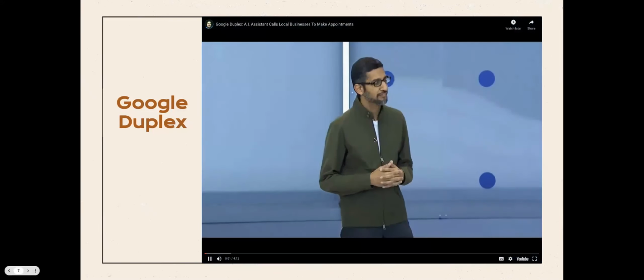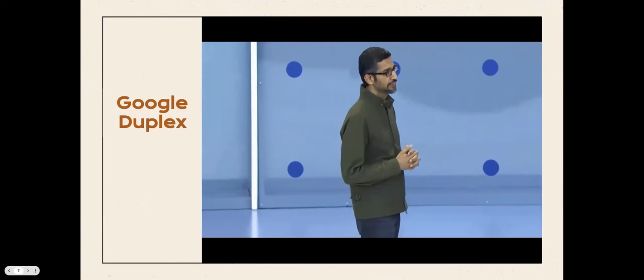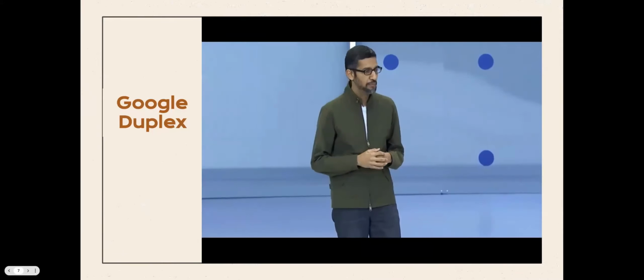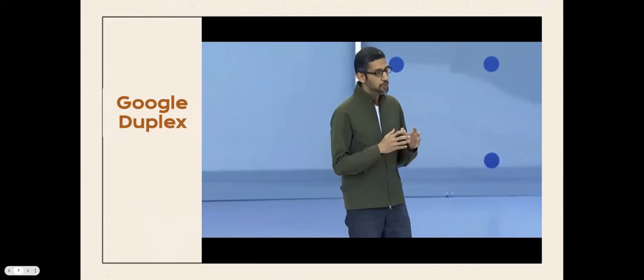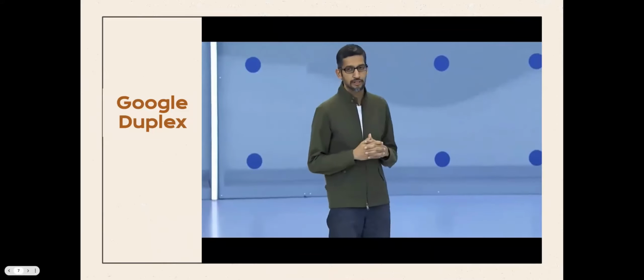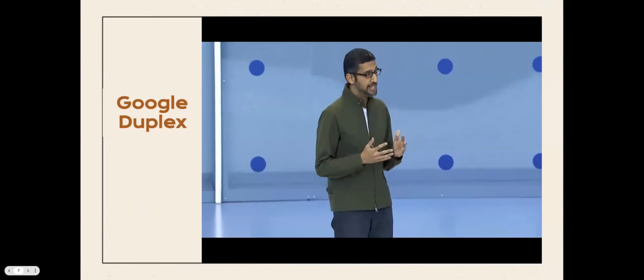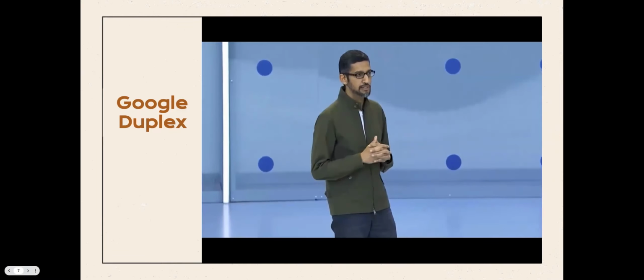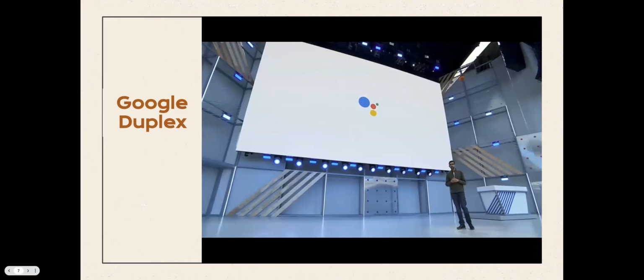The progress with the assistant. As I said earlier, our vision for our assistant is to help you get things done. It turns out a big part of getting things done is making a phone call. You may want to get an oil change scheduled, maybe call a plumber in the middle of the week, or even schedule a haircut appointment. We are working hard to help users through those moments. We want to connect users to businesses in a good way. Businesses actually rely a lot on this, but even in the US, 60% of small businesses don't have an online booking system set up. We think AI can help with this problem.